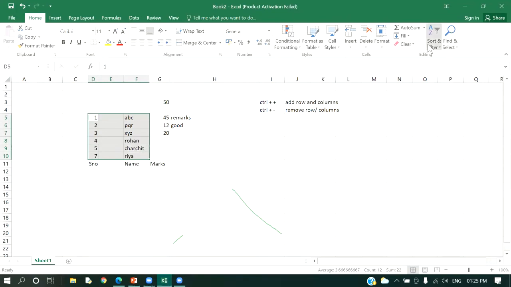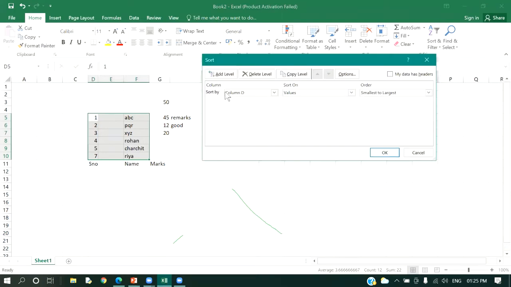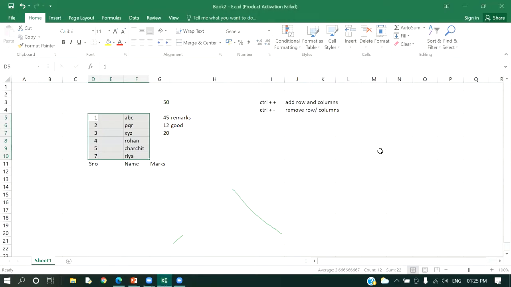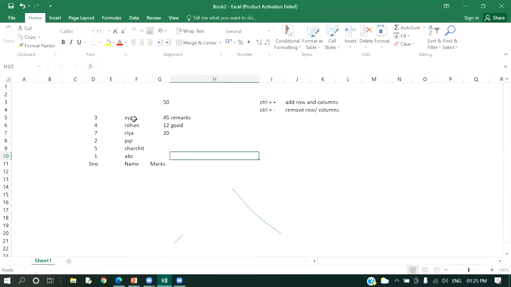The same way, if I want to sort, go to custom sort. On which column do you want to sort? I want to sort column F, names. Because F has A, B, C, D, alphabets are there now. So you want A to Z or Z to A. I want Z to A. And okay. So first of all, it will display the data as per this.